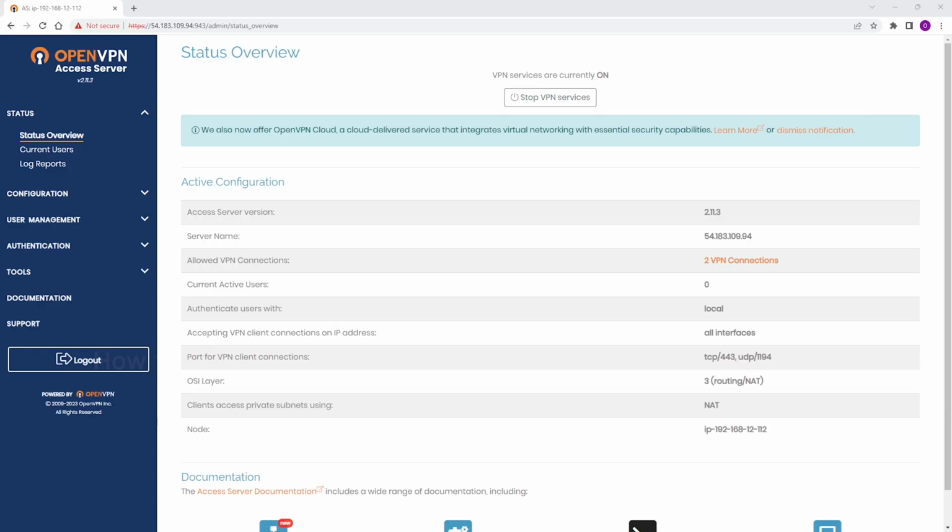Hello, in this video we're looking at how to enable SAML authentication for the Access Server. As you know, Access Server supports multiple authentication methods, and one of the features of this product is that you can use multiple authentication methods at the same time. Our identity provider for this case is Onelogin, so we're going to look at how to configure Onelogin and SAML